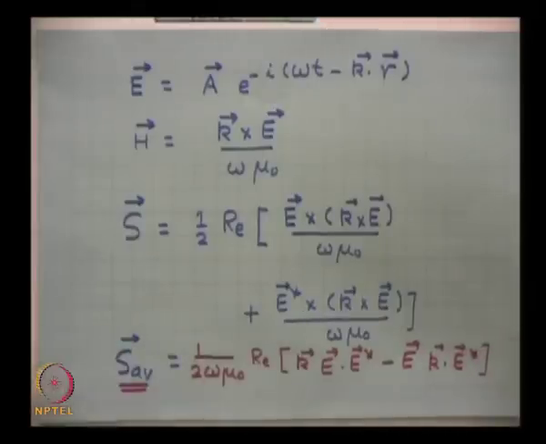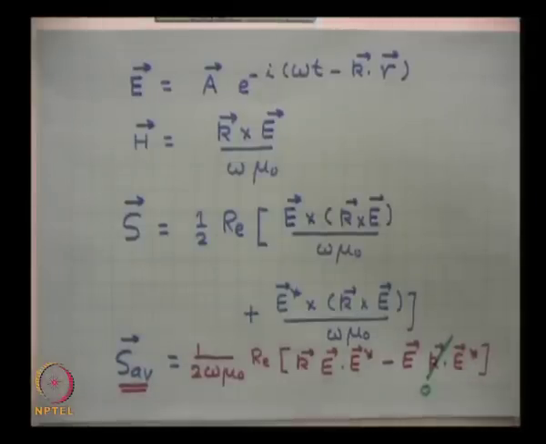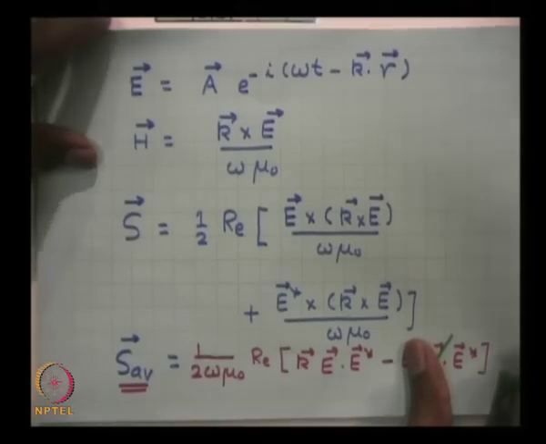But we have already seen K dot E is equal to 0. So this term vanishes because they are transverse waves, K is perpendicular to E. So this is the only term, and you know E star is a real quantity. So this equation simply gives you time average Poynting vector